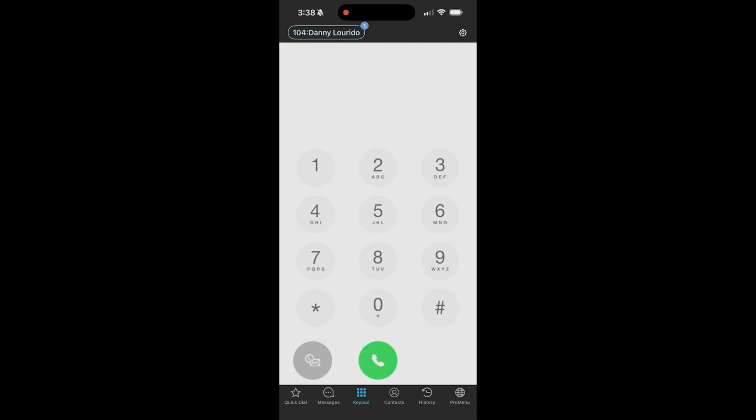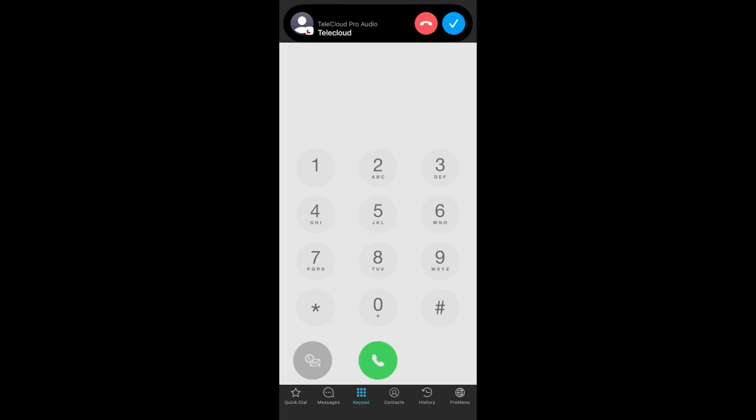To receive calls in the Mobile Pro app, make sure your answering rules are configured to ring your mobile device. You can set it so your Mobile Pro app rings along with your desk phone, or by itself. When a call comes in, whether through your direct number, extension, or via transfer, you'll see a pop-up notification on